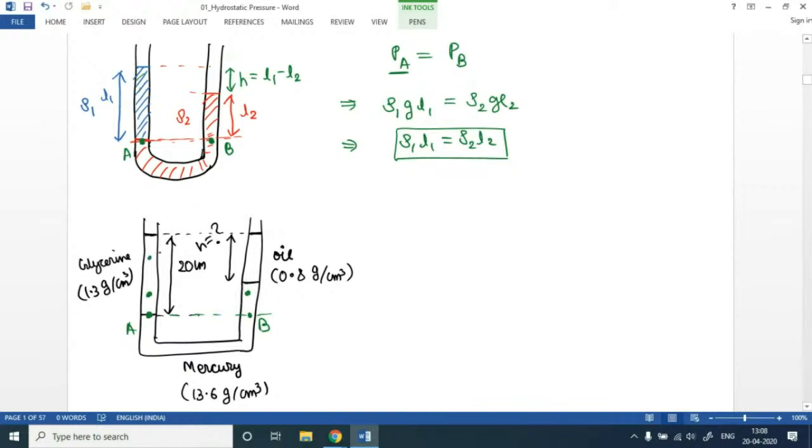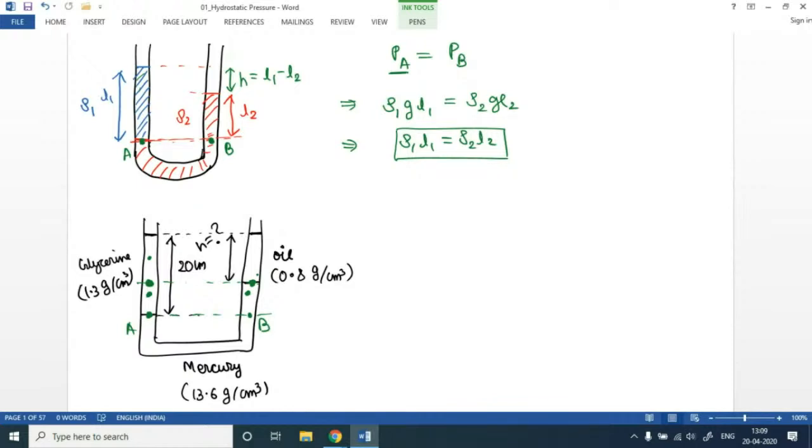We cannot choose the liquid at this level, for example this point or this point. No, we cannot do that, because this point here is in glycerine and this point here is at the interface of oil and mercury. So in no way it is in glycerine. So we have to be very careful: we have to choose two points at the same horizontal level in order to equate the pressure to be equal,